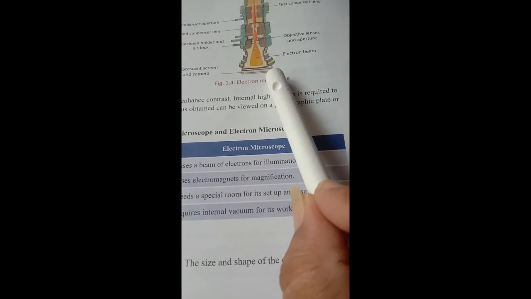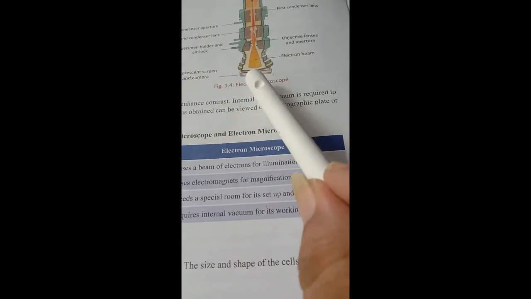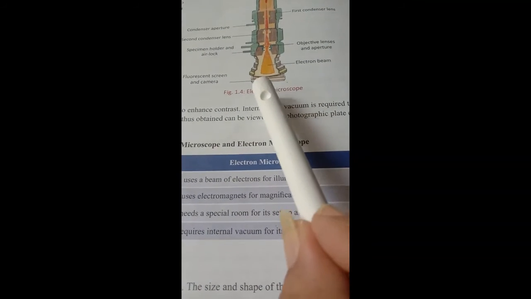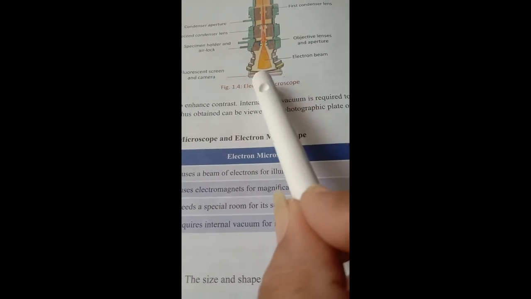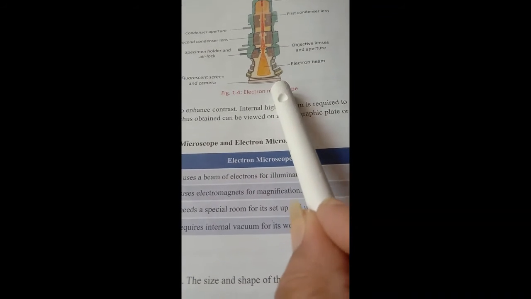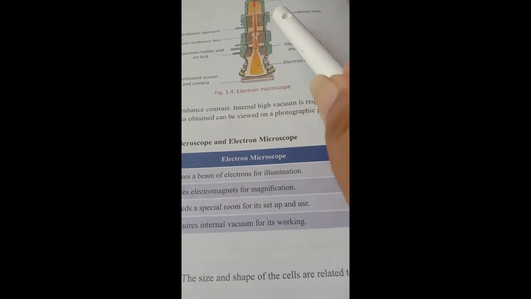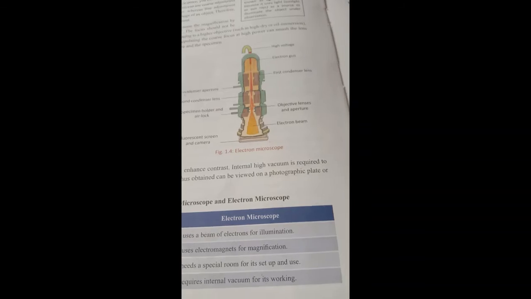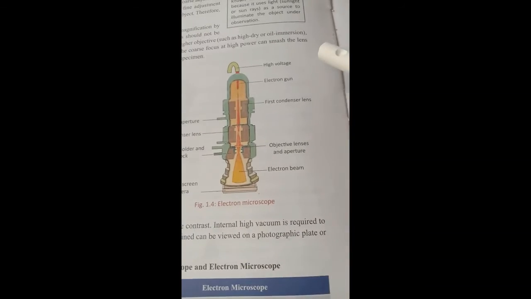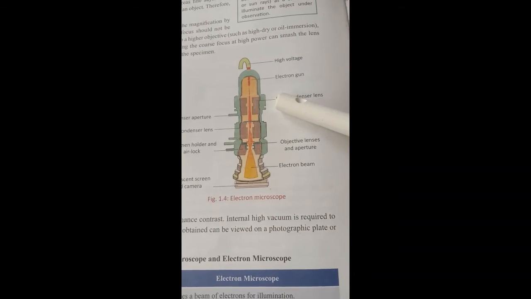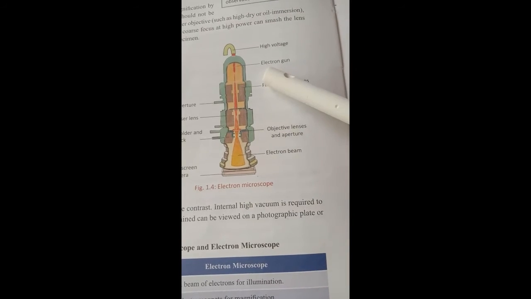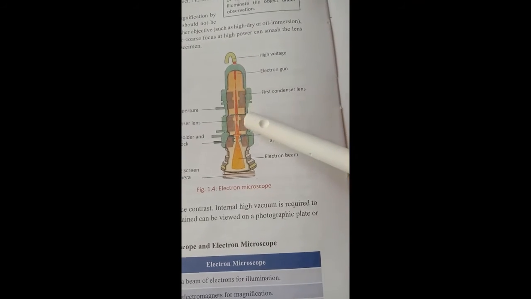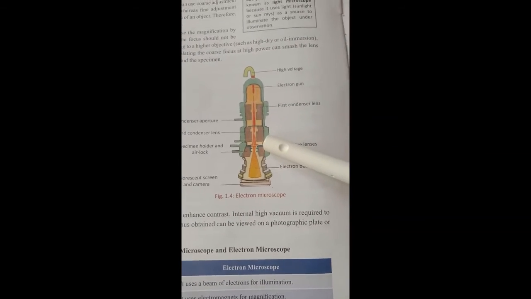If it is light rays, then we say it is a light beam, and if it is a group of electrons, it is an electron beam here. And this is the fluorescent screen and camera, so that we can easily get a colorful idea about the object which is observed in it, right? This electron microscope is a little difficult, right? It is not illuminated by light, but by the electrons present in the substance, right?